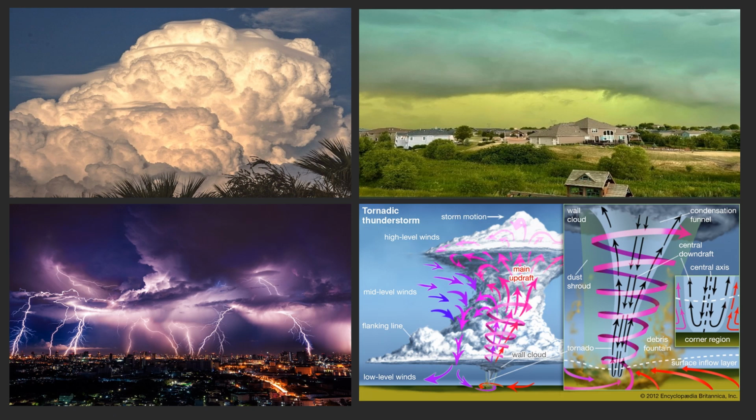So here are the photos of the signs of an impending thunderstorm. First, the cumulonimbus, the accumulation of dense clouds. In the next picture, you have the grayish clouds that might indicate that there is an approaching thunderstorm. Now, a thunderstorm can be accompanied by lightning and thunder. And also here,